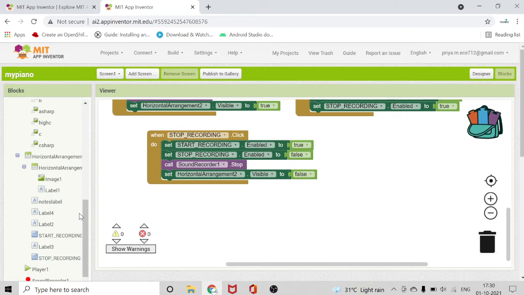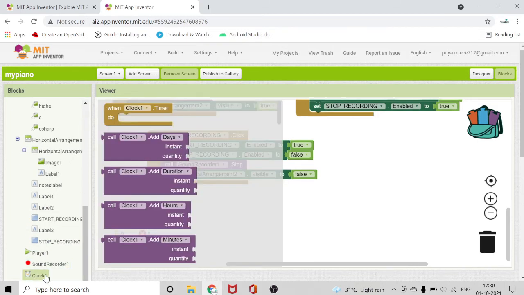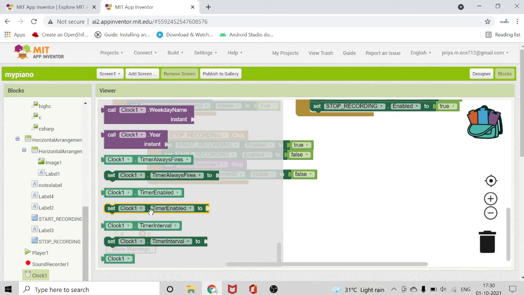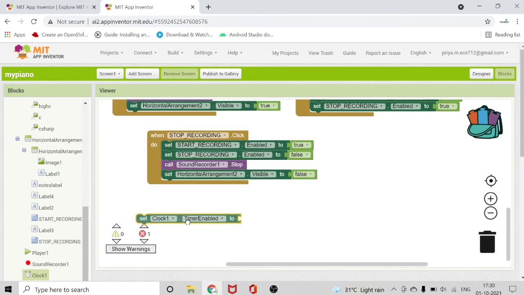Alright, so go to clock, drag and drop, set clock 1 timer enabled to be true,